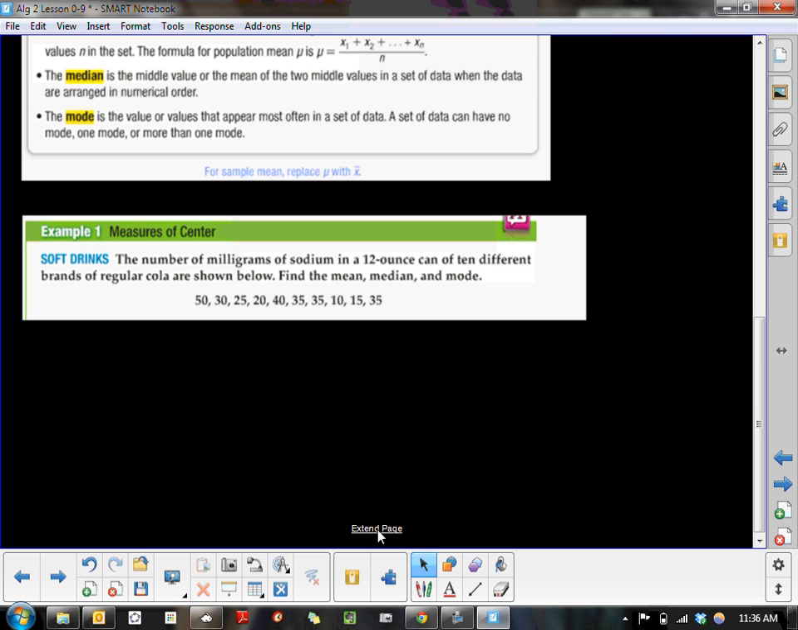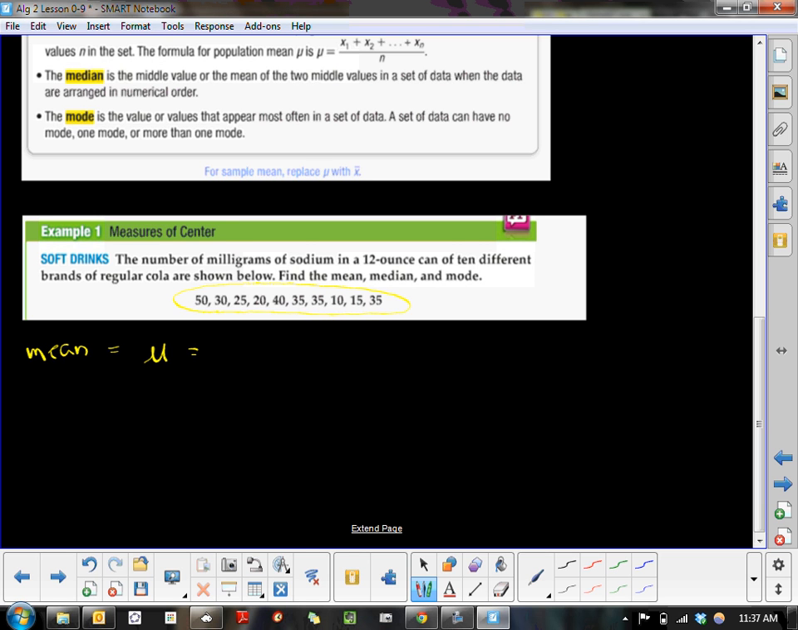The number of milligrams of sodium in a 12-ounce can of 10 different brands of regular Coca-Cola are shown below. Find the mean, median, and mode. So we're going to take them in order. We're going to find the mean, and the mean can be symbolized by the Greek letter mu. In order to find the mean, or average, you would take your 10 scores here, add them up, and divide by